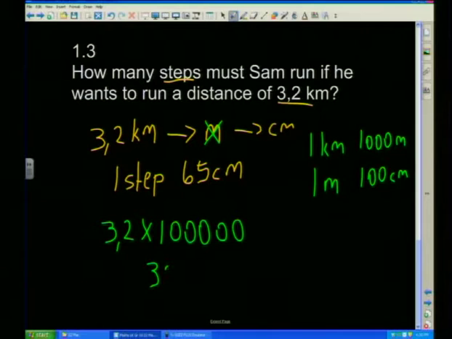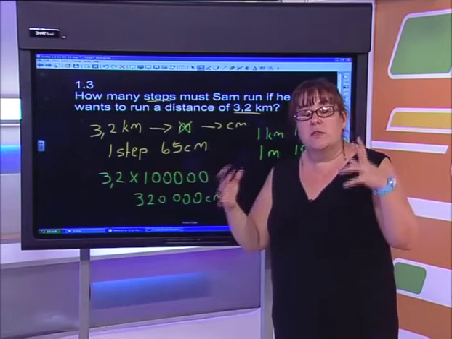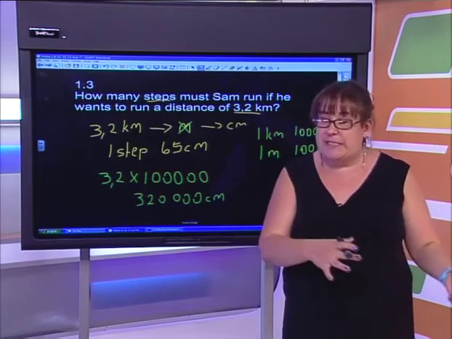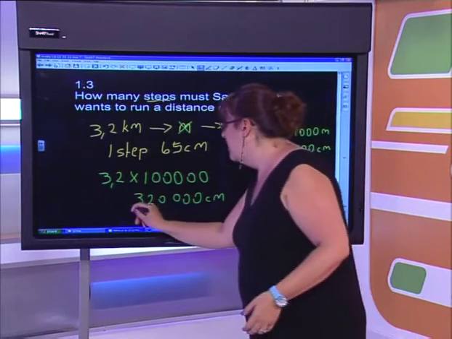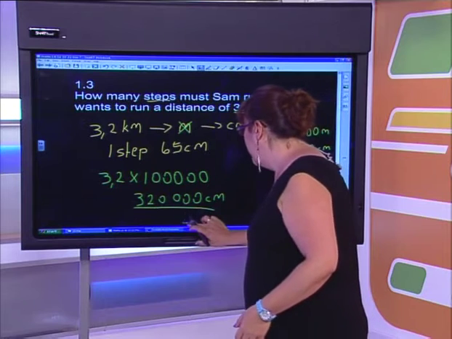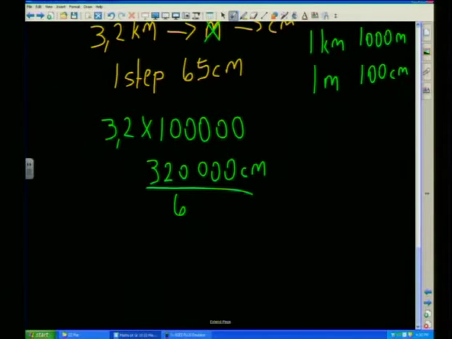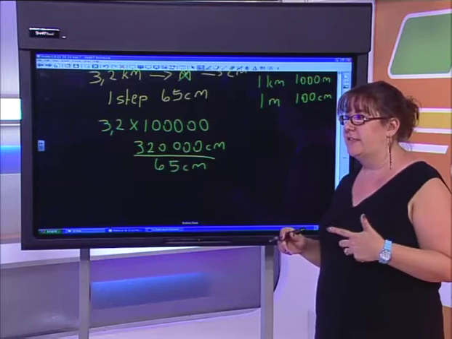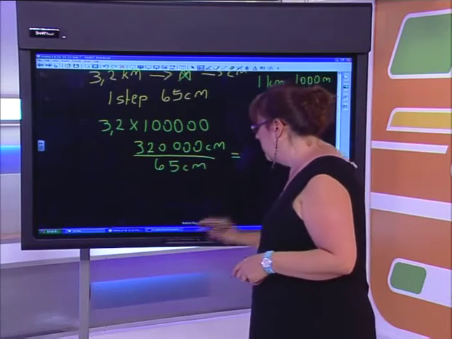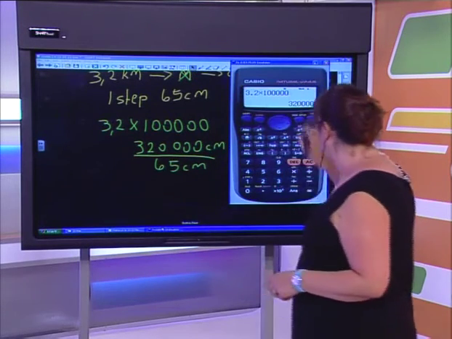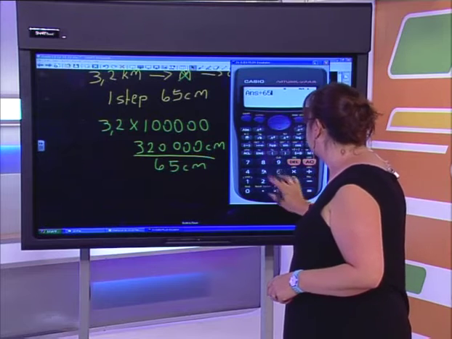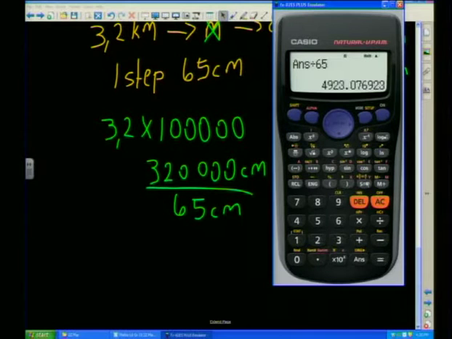So let's go back to our board. That's 320,000 centimeters. But that's not my answer. The answer wants to know how many steps he must take. So what I'm going to do now is take this and divide by 65 centimeters, because each step was 65 centimeters, and it'll give me the number of steps. Luckily I've still got that number on the calculator. All I need to do is divide by 65, and I get an answer of